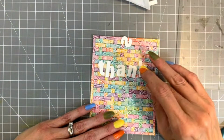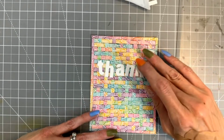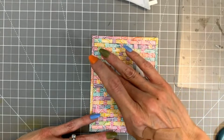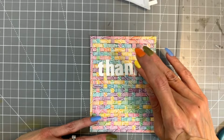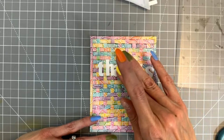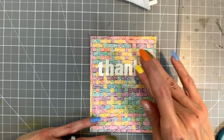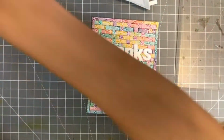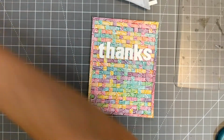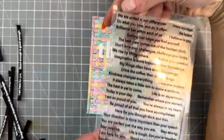And I think you could use whatever colors you wanted. It doesn't have to be rainbow. It could be more kind of masculine shades. This doesn't scream feminine in any way, this design or this woven texture, I think. So it could definitely be used for more masculine cards if you wanted to. And then I'm going to use a sub-sentiment from the woven, or no, this is the encouragement sentiment